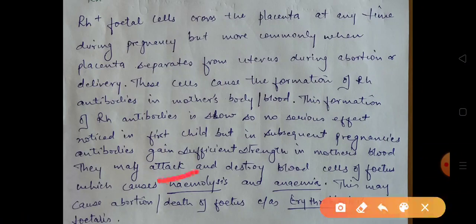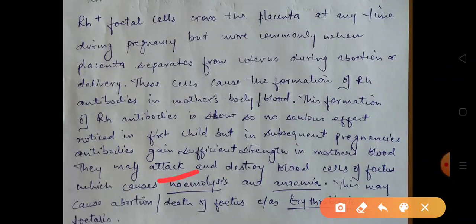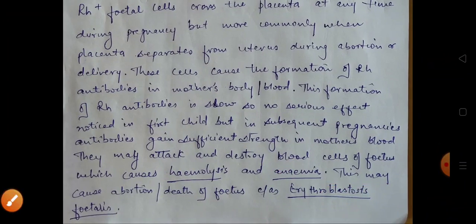When the blood cell count is decreased, that means hemoglobin is decreased, because hemolysis is the breakdown of hemoglobin. So when hemoglobin declines, it results in anemia, which may cause abortion or death of the fetus,